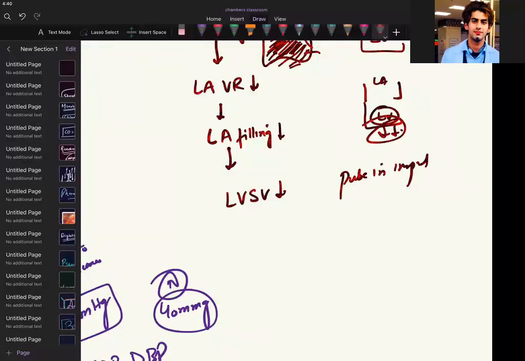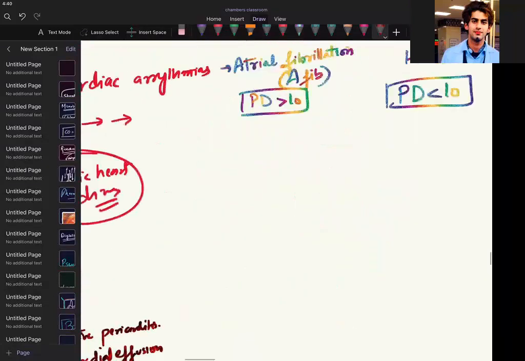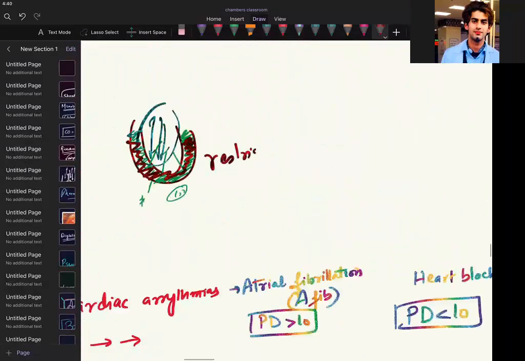But in case of pericardial effusion or constrictive pericarditis, during inspiration, what will happen? You will have a decrease in the venous return to the heart, and that means you will have a decreased stroke volume, because you are not allowing the heart to expand. You are restricting the expansion. If you are restricting, that means you won't fill it. If you won't fill it, you won't give more. So the output will decrease because the chambers are not expanding.